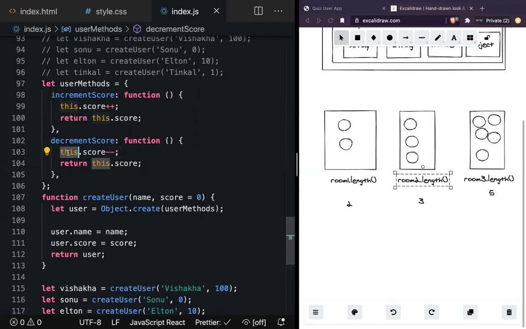Visakha. So here the value of this is changing because this is the context. In which context are you calling me? Think about room 1 dot length, room 2 dot length, room 3 dot length. I cannot keep changing this variable, but this can keep changing for us. So this is a way to change the context.